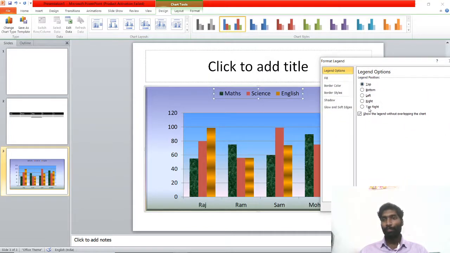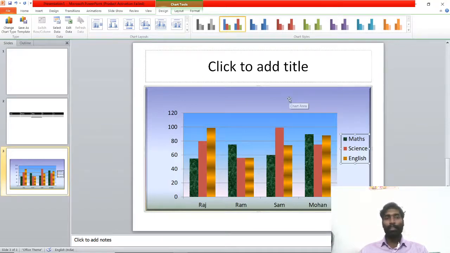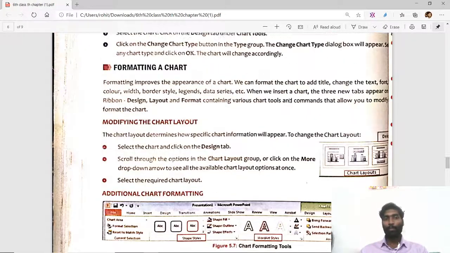If you select top right, but I need only right side. After that, border color, solid line. Students, this is the way to format chart area components, chart components, very simple.